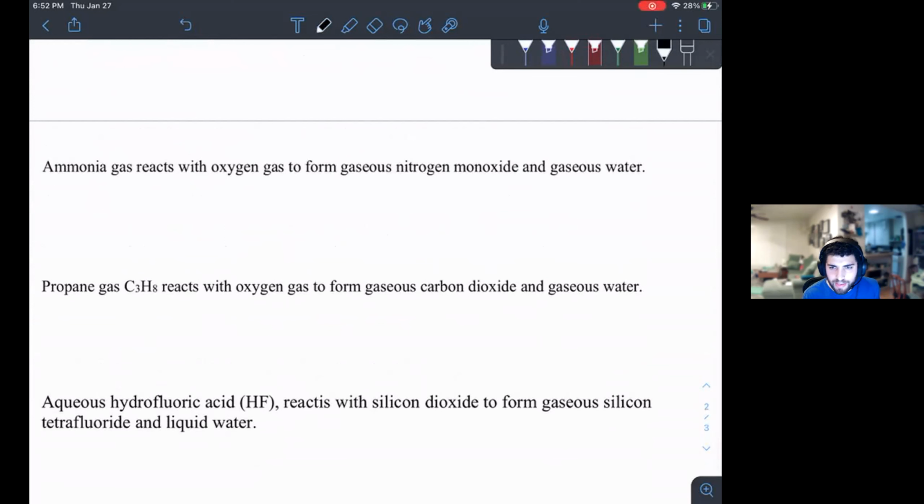You'll notice we're starting to say gaseous, solid, liquid. And when we write chemical reactions, we actually have little symbols. So gaseous is generally represented with a little g. Solid will be represented with an s. Liquid will be represented with a lowercase l, cursive. And it'll be the only one that's in cursive, just so hopefully you don't get it confused with a 1